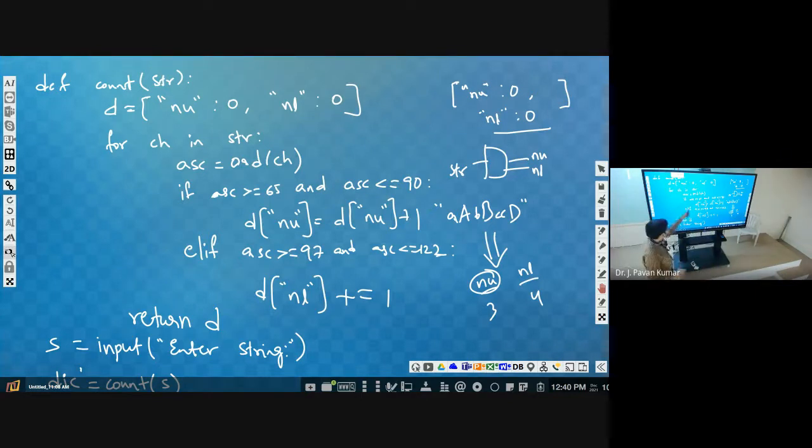So letters means either of these, right? These two are letters only. So you can give two conditions in one if statement itself. That is, either it can be between 65 to 90 or 97 to 122. Then we will be counting it as alphabets only. Okay, so how can we write?